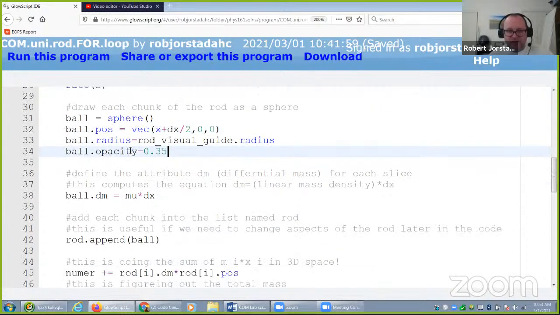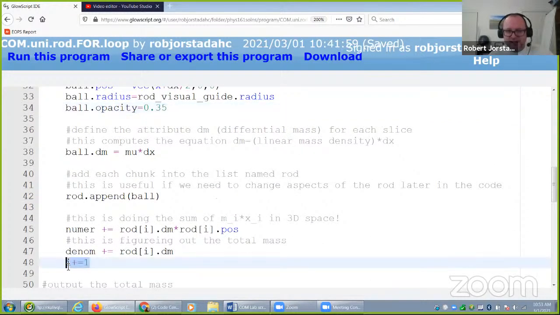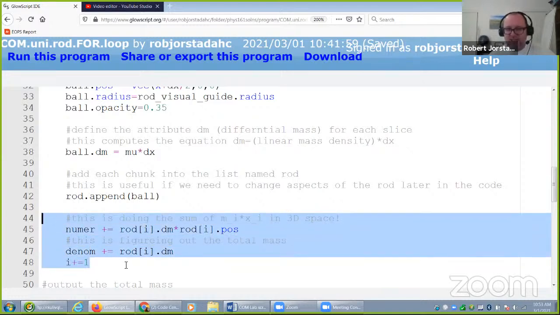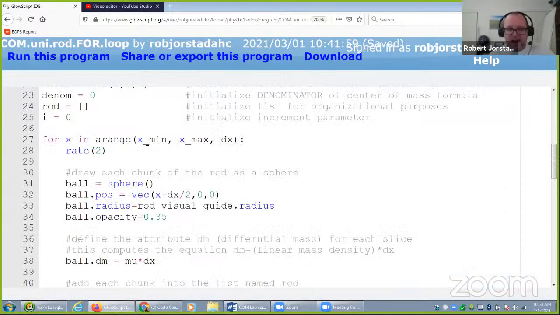Each time it goes through the loop, notice at the end, I still need this i plus 1 for the list increment. But we would not even need this if we weren't doing this portion of the code. We wouldn't need that i plus equals 1 because i has nothing to do with this increment of the loop. This chunk of loop is changing by dx each time. So the value of X, the first time, starts at X minimum, which happens to be 0 right now. Then it would go up to 1 and then 2 and 3 because dx is 1 in this case. So when you run this one,